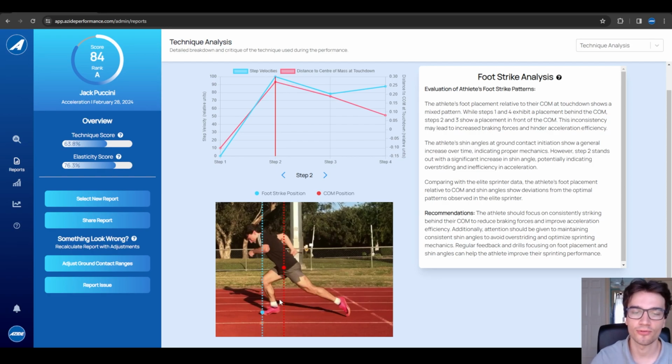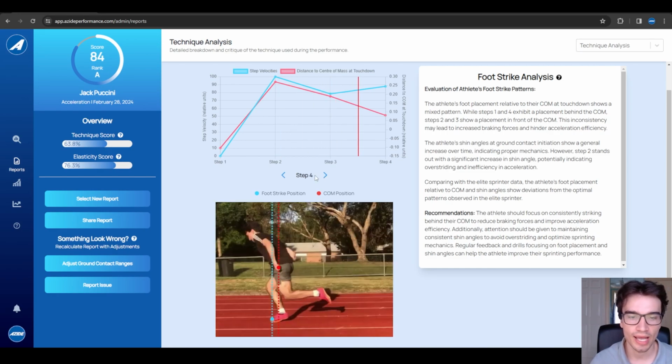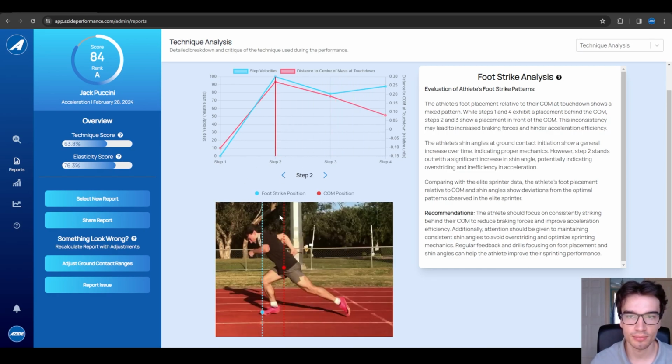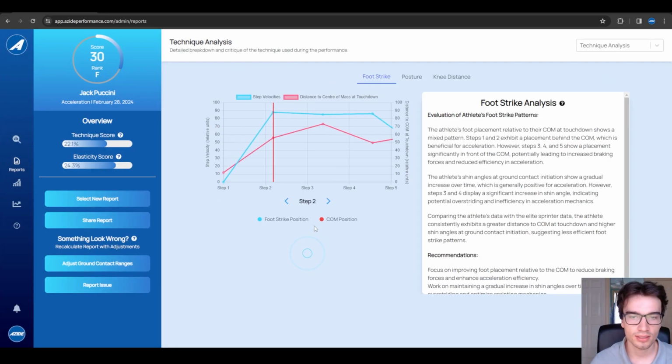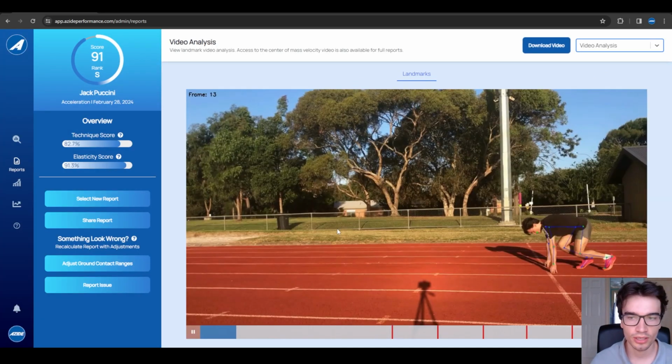I think that would set me up for a much better mid and late acceleration rather than trying to analyze the issues here. The issue really stems from step 2 with this huge overstriding. And so I do have some other instances of doing this better. This is a good example. All right, so this is another